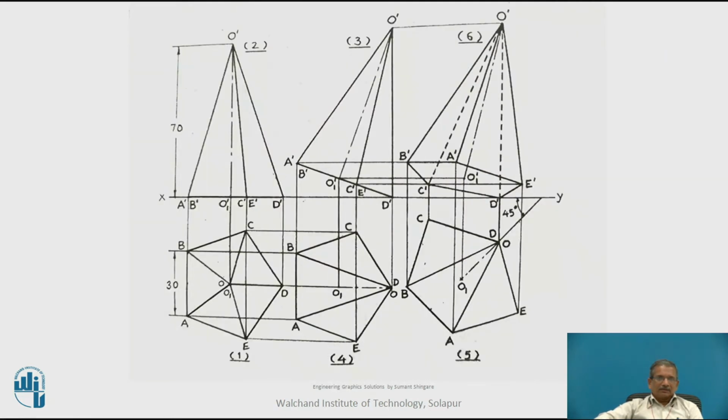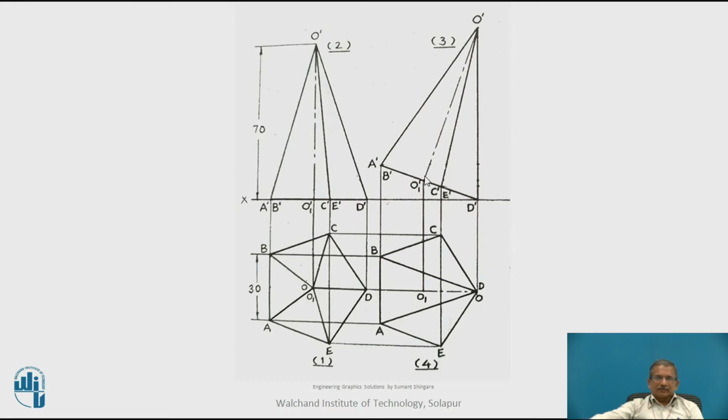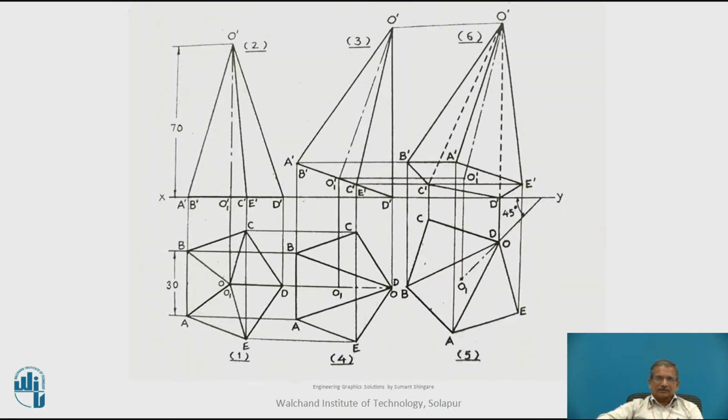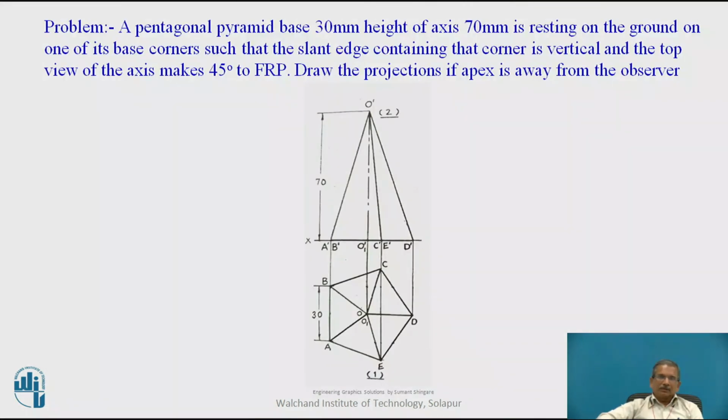So now from this stage, this is the axis top view O dash, which we will be drawing at 45 degree while third stage. So draw it such that O dash. Now draw a 45 degree line to XY in the top view and make a 45 degree line on that, mark a point O, mark the axis length and reconstruct the total sketch in stage 2, top view in the stage 2, such that the axis top view is making 45 degree to VP.